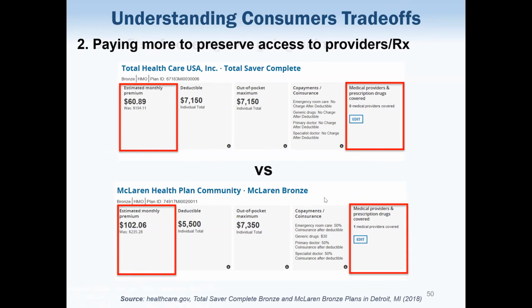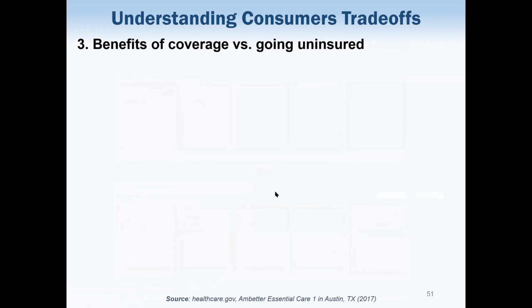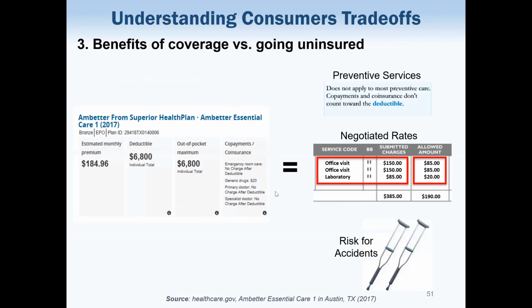A couple last things to talk about. Now, because there are different changes to the Affordable Care Act, the prices are more expensive and the individual mandate is removed. And so some people might say, why even bother buying coverage? Maybe I'll just go uninsured. And you can remind them that even if that plan's expensive and has a high deductible, remember, preventive services are covered at no charge. You're paying a much lower rate, through negotiated rates, instead of the full cost of care when you get care. And then insurance is really all about risk, covering risk in case of a major accident or